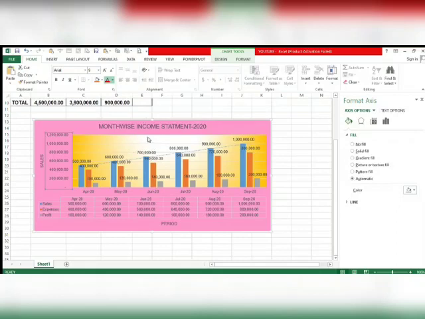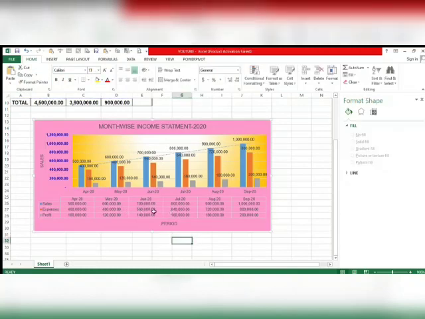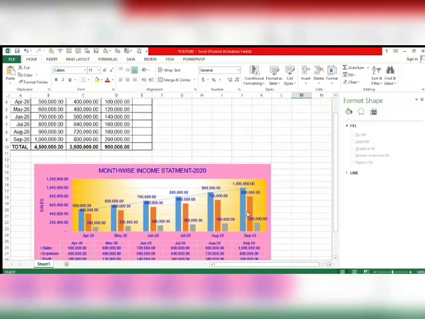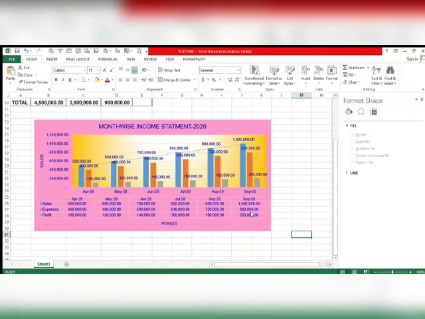This color is not good, I am taking the blue one, exact blue one. Here also we can take the blue color. Okay, so this is the way we can prepare the bar chart.